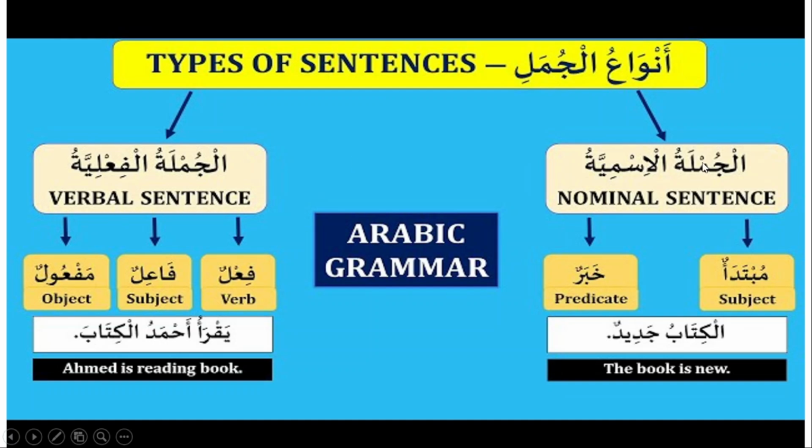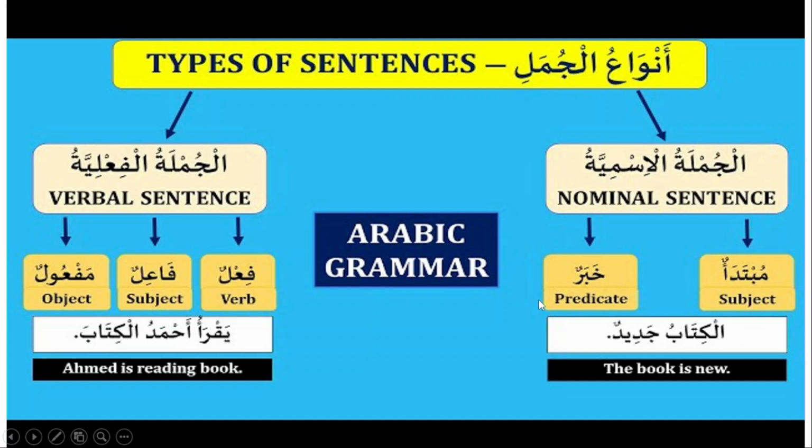Now, the Jumlatul Ismiya is further classified into two categories. These are your Mubtada and Khabar. Mubtada is a subject, Khabar is a predicate. Alright. For example, here is a sentence. It says, Al-Kitabu Jadidun. The book is new. So here, the subject is Al-Kitab, right? The book is the subject. And Jadidun is the Khabar, or we can say the predicate, the news, right? So this is one example of a nominal